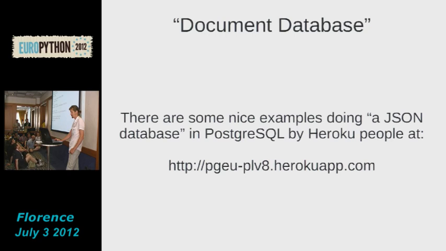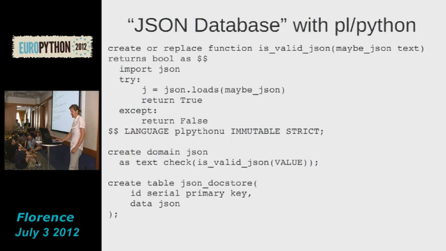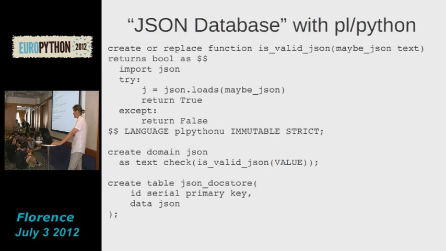First you need a validator function, which here simply tries to load the value using the built-in JSON module. If it loads, it returns true, and if not, it returns false. Then you can use this function as a check when creating a domain, and then you use the domain as a data type in your table. And once done so, then any string